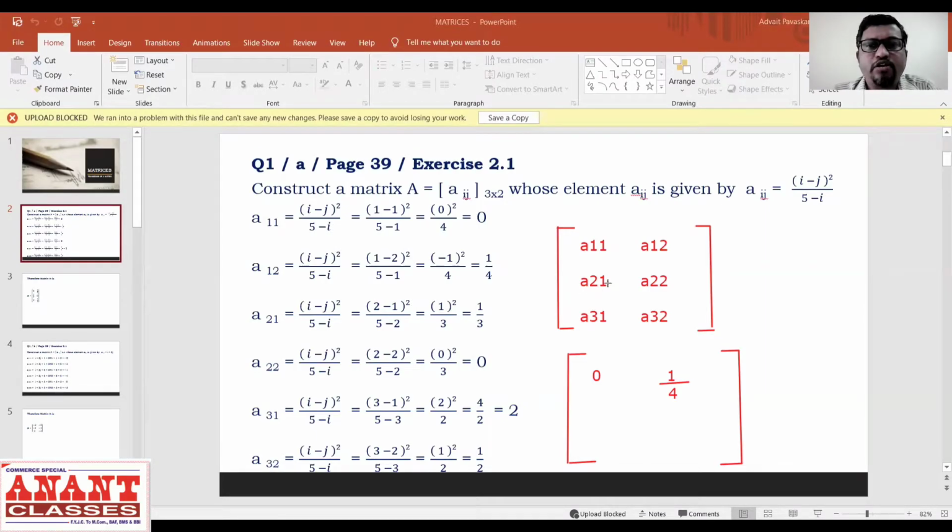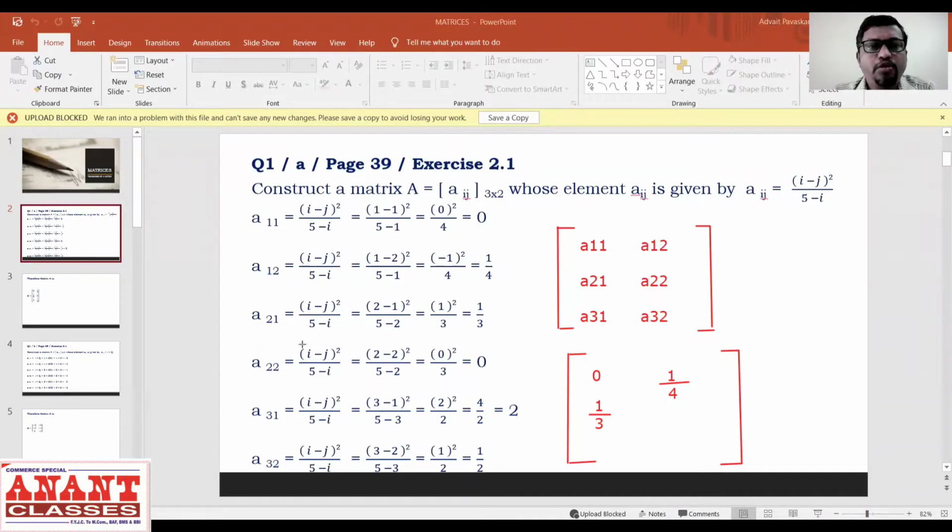नेक्स्ट जब हम ढूंढेंगे सेकंड रो फर्स्ट कॉलम, तो A का वैल्यू होगा 2 and 1। सो i का वैल्यू 2 और j का वैल्यू होगा 1। सो 2 minus 1 that is 1, 1 का स्क्वायर 1। 5 minus i, मतलब यहाँ पर क्या है, 2। 5 minus 2 that is 3। तो ये हो गया 1 डिवाइड बाय 3, 1/3। तो A सेकंड रो फर्स्ट कॉलम, इसका वैल्यू आपका यहाँ पर आ गया, 1 divided by 3, 1/3।